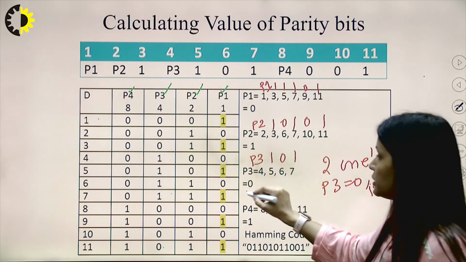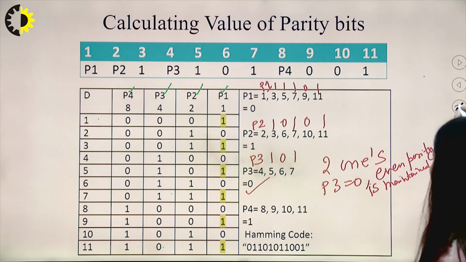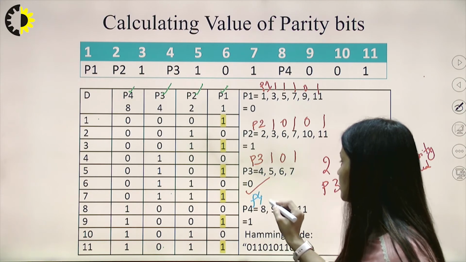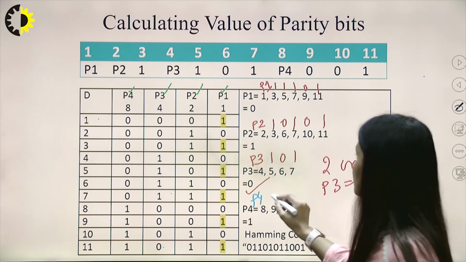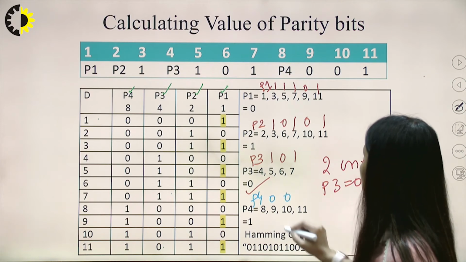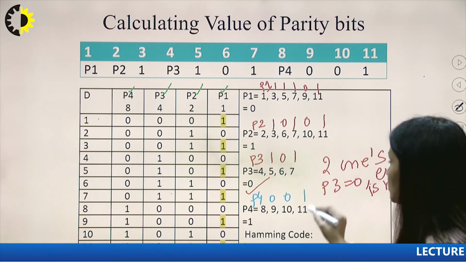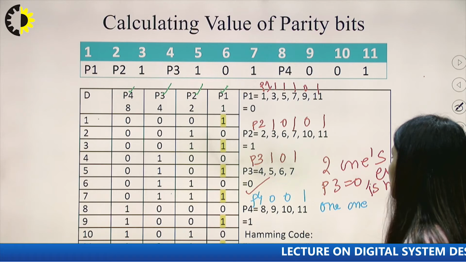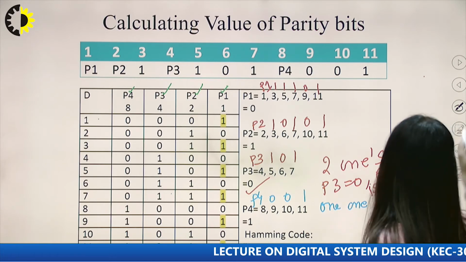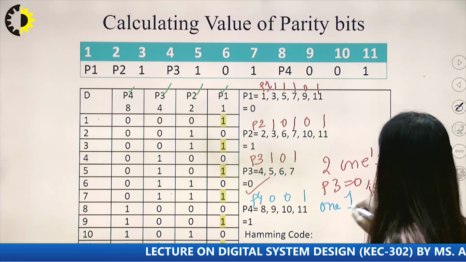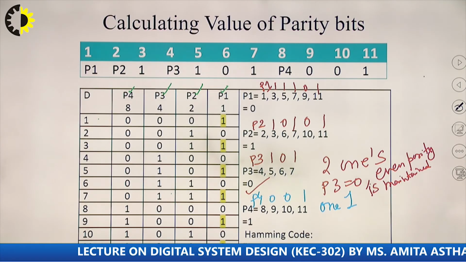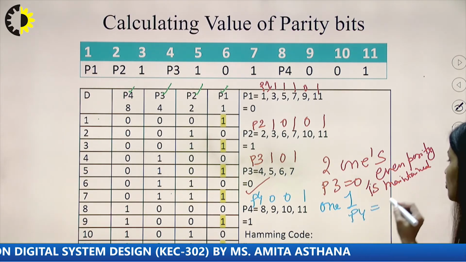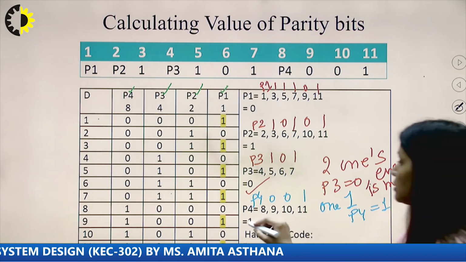So I will take P3 is equal to 0. Similarly, for 8 is P4. Okay, 9 is 0, 10 is 0 and 11 is 1. So I have 1. Okay, that means only 1 is here. So to maintain the even parity, I will take P4 is equal to 1, so that I